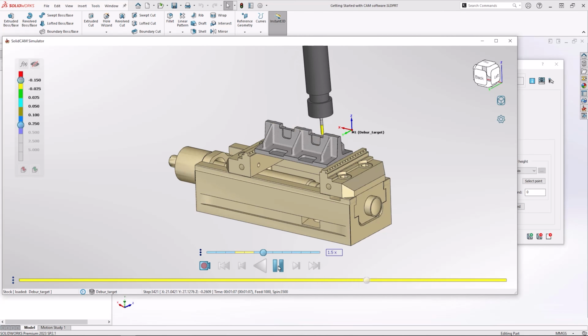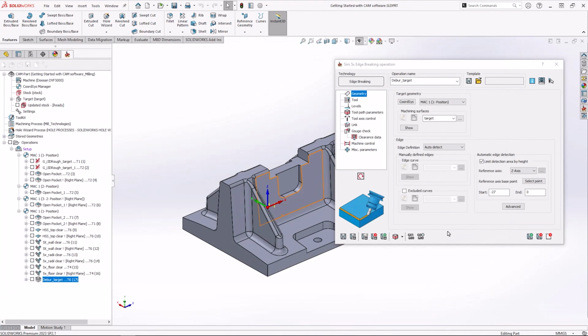For instance, we may not want to address the top of the radii that it's currently getting, or we may have not wanted to go as deep on the toolpath, or we might even not want to go in all 5 axes of the machine's rotation. All this can be done, and let's explore how this is possible from this starting point.